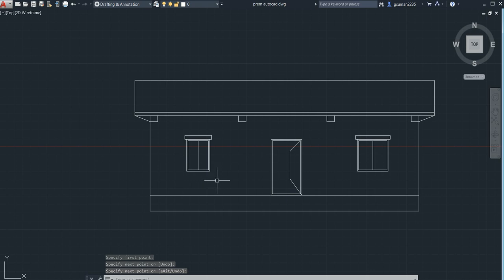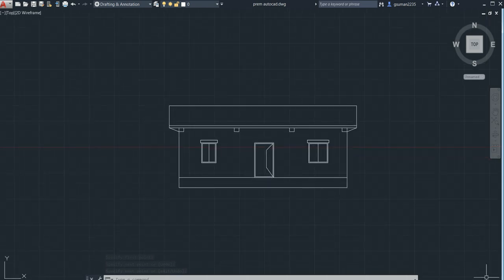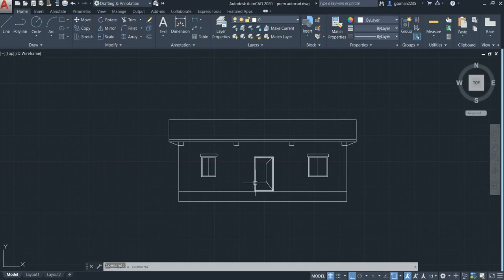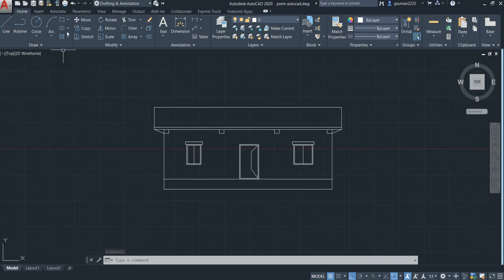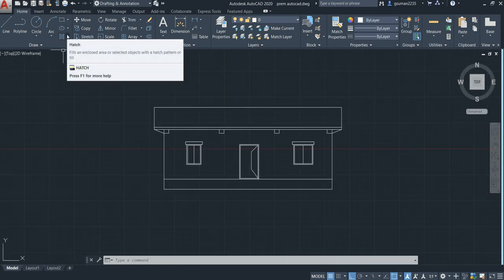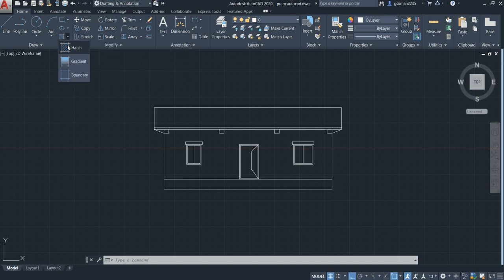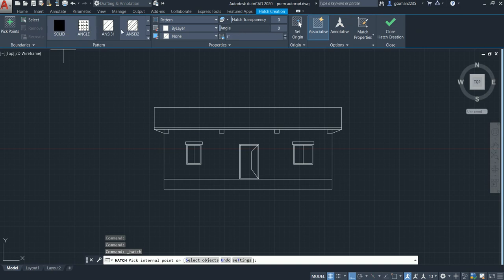After this, clear your screen, go for hatch properties, hatch. Whatever we like we can put. I like this one.